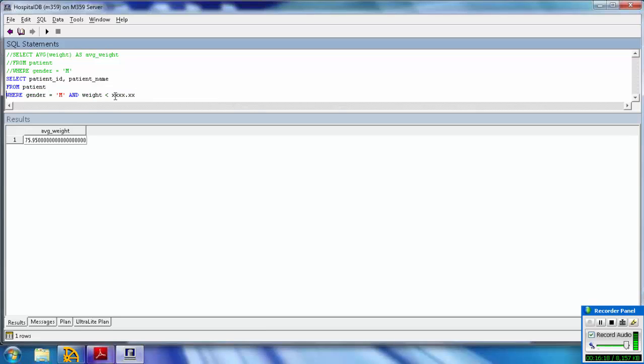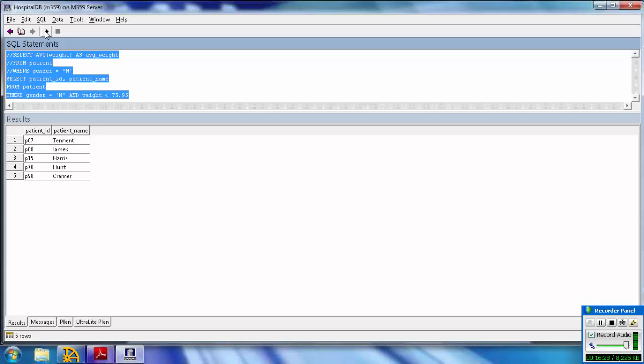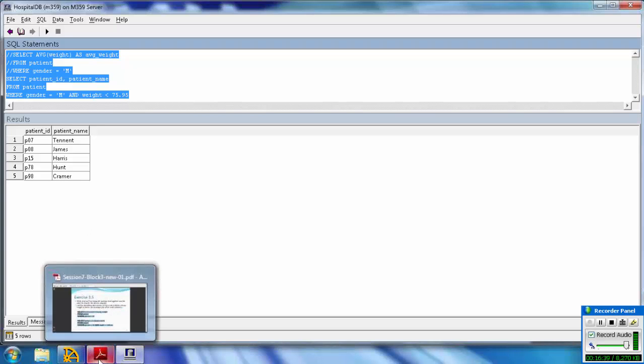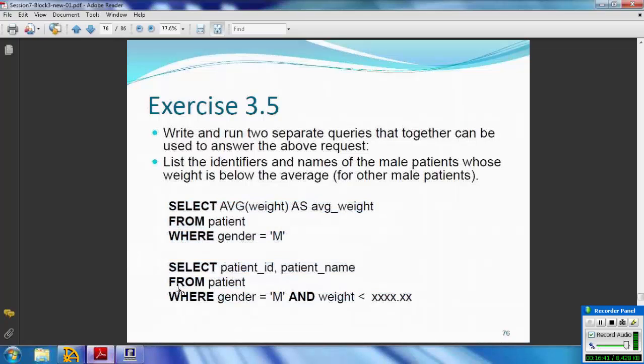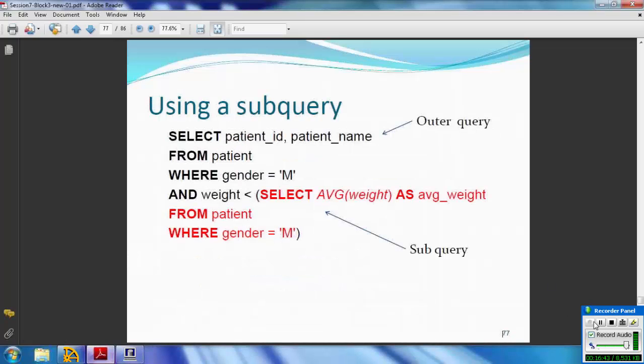I have the value here, so I'm going to substitute 79.95. I'm able to receive the patient ID and patient names of all the patients who are male, as well as their weight is less than the average weight. So let us see the third one, which is use the